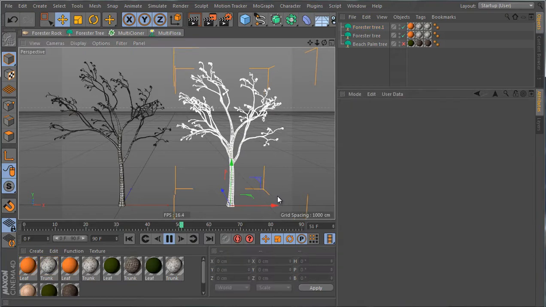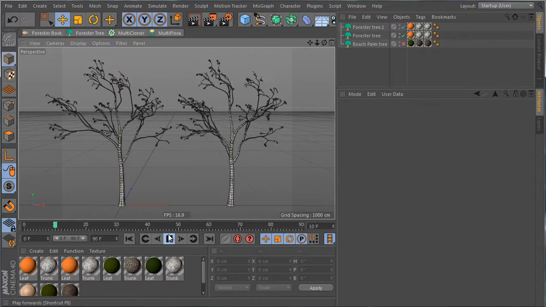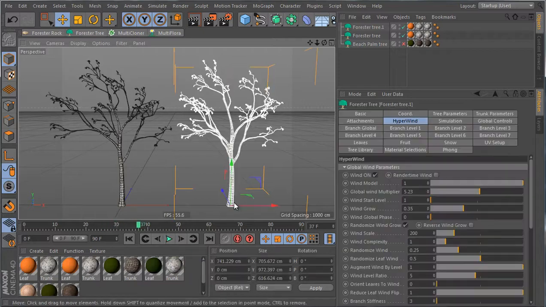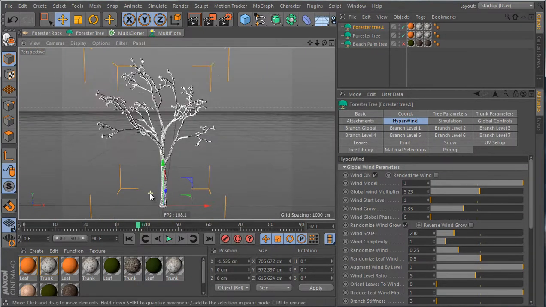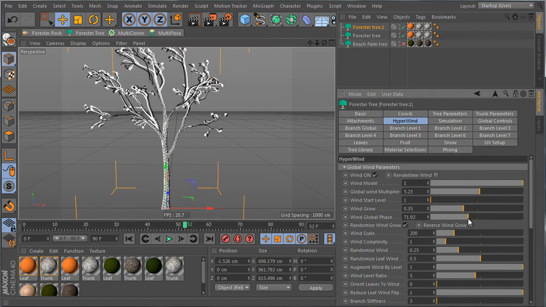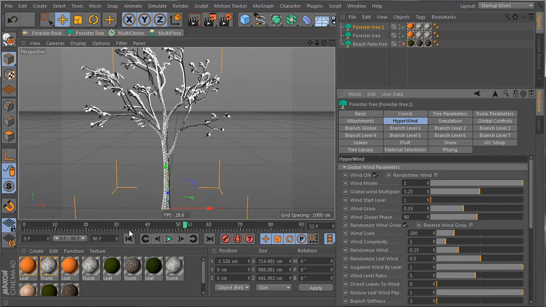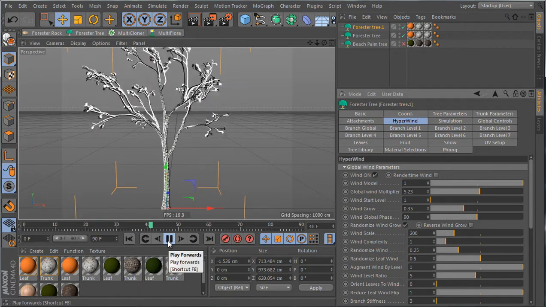If you set it down to 0, then the animation is exactly the same. To really make sure, you can just place these two trees on top of each other and they would have the same deformation. But if you increase the phase, so now they are at a 90-degree phase offset, then